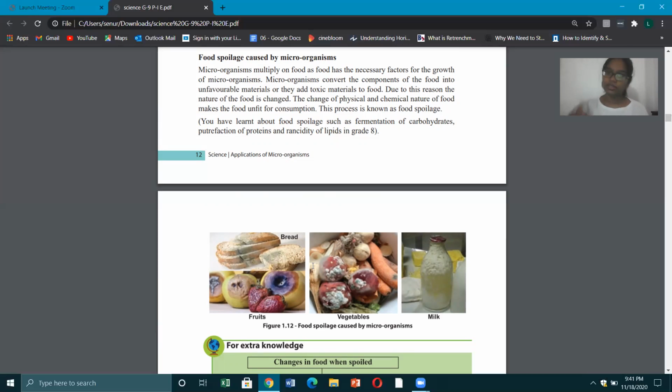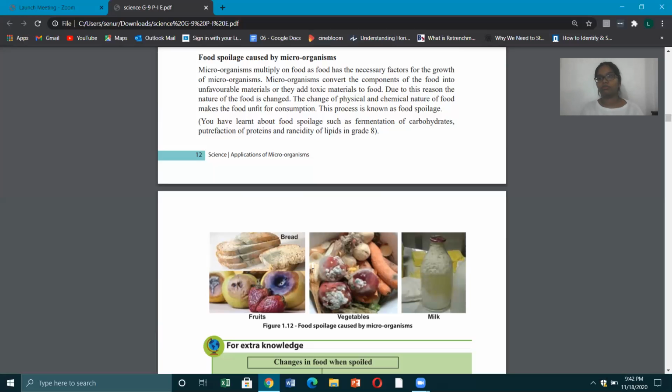But the thing is, what these microorganisms do is they convert some components of the food, and what happens? Now they become unfavorable to us, or else they add toxins to the food. They add toxic materials from their body to the food. That is why food gets spoiled and we get diseases like amoebic dysentery,